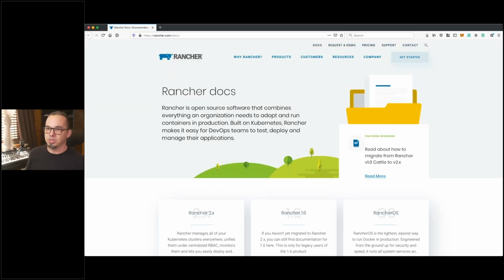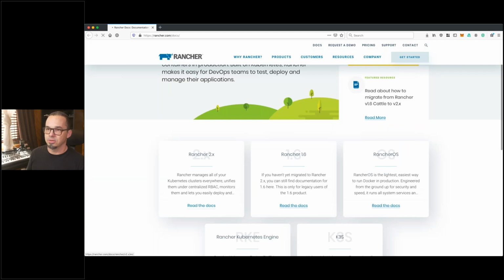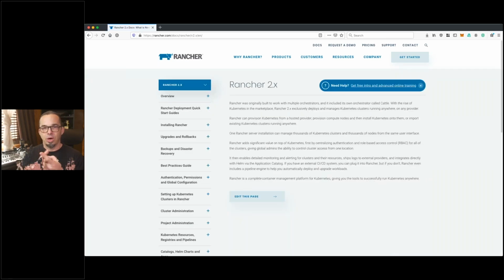I told you about the documentation. In the documentation is Rancher 2.x and information on how to install Rancher. There are 2 ways that you can install Rancher. 1,